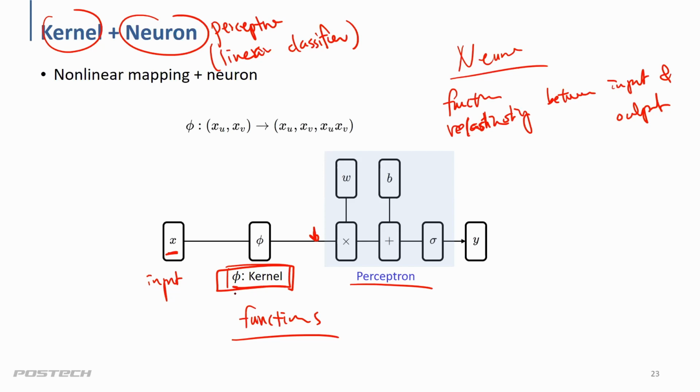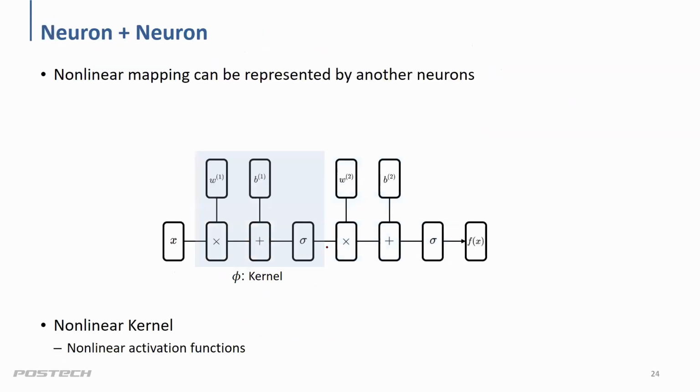The good thing is that in machine learning, in feature engineering, it's really important to find the right kernels so that in the higher dimensions the data set is linearly separable. But here, just looking at these two,